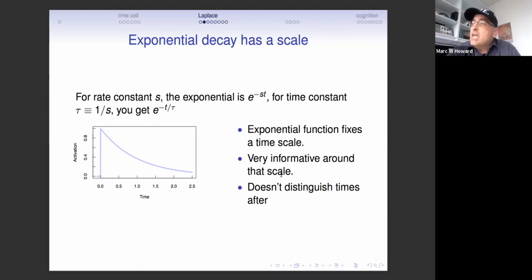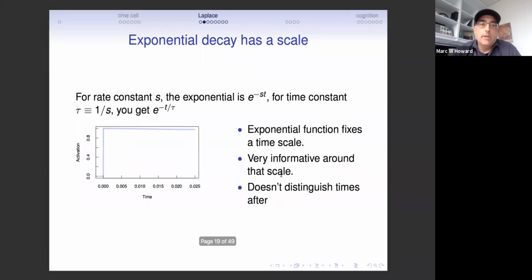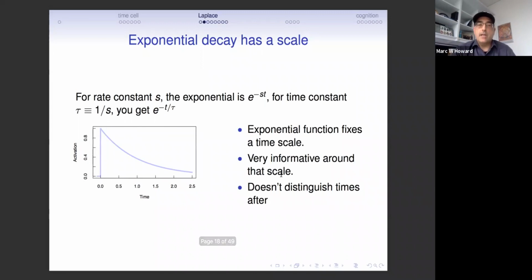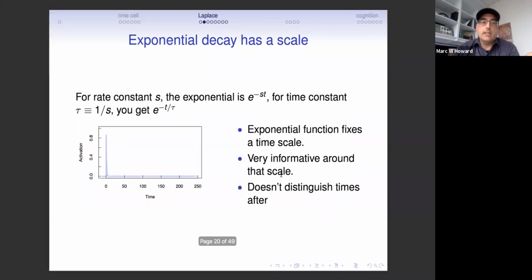If we zoomed in on this function, so if we looked at times much, much shorter than 1, we would see that this cell is not conveying useful information about that time. I've just taken exactly the graph I just showed you and zoomed way in on the x-axis. Similarly, if instead of zooming in, I was looking at times much, much larger than 1 second, like so, and I've just taken exactly the same curve and zoomed way out, the cell is also not conveying useful information about the time at which that event took place.